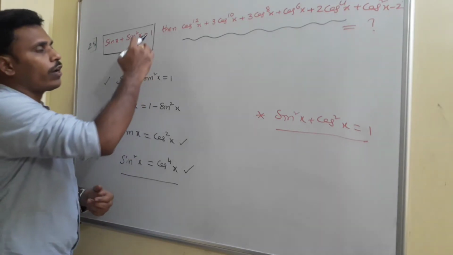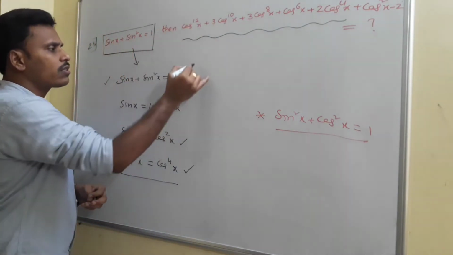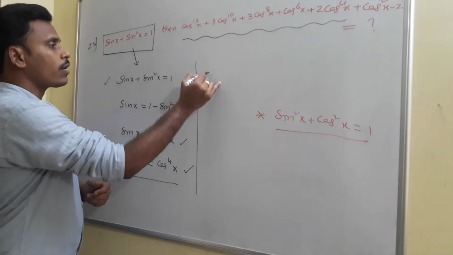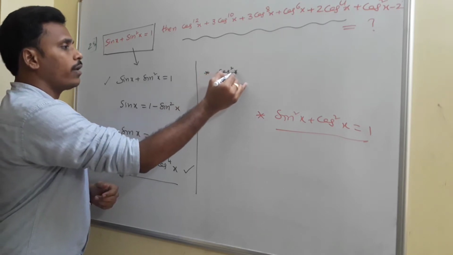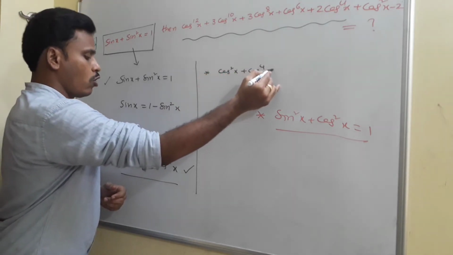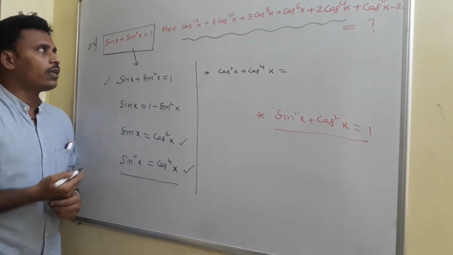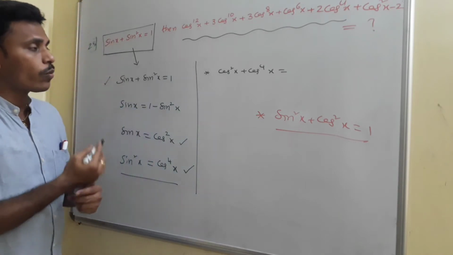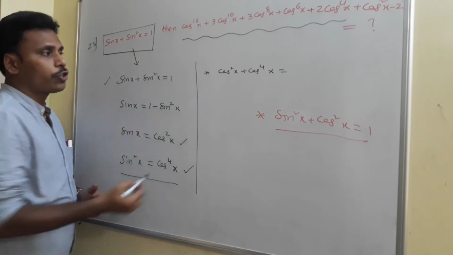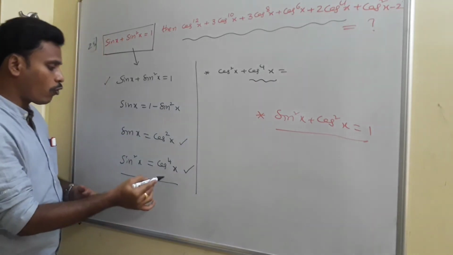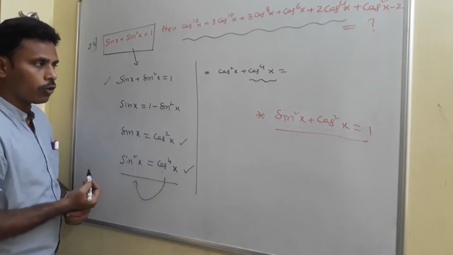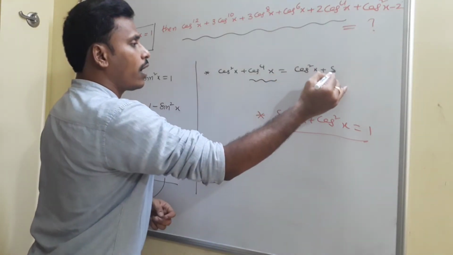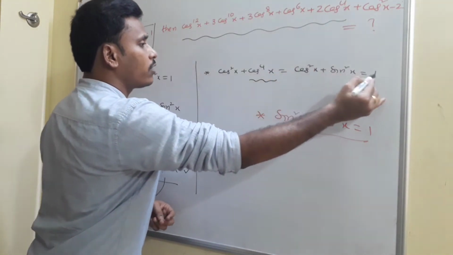And now they ask us to find this lengthy expression. Not only these types of lengthy expressions, sometimes they may ask you simple things, like cos square x plus cos power 4x is equal to how much? They may ask you like that. Sin x plus sin square x is equal to 1. Then what do you say about cos square x plus sin power 4x? And for sure, you just rewrite this cos power 4x as sin square x, because these two are equal, no? So if you replace cos power 4x with sin square x, what will you get? Cos square x plus sin square x, and that is equal to 1.